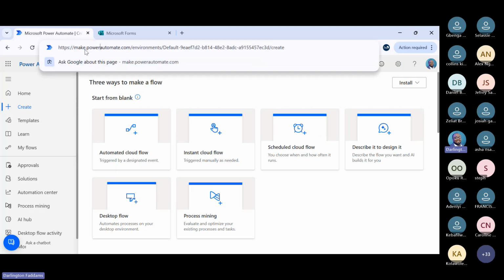And the cloud flow is usually hosted on this URL. It says make.powerautomate.com. So this means that if you want to